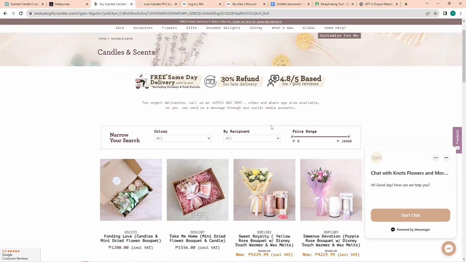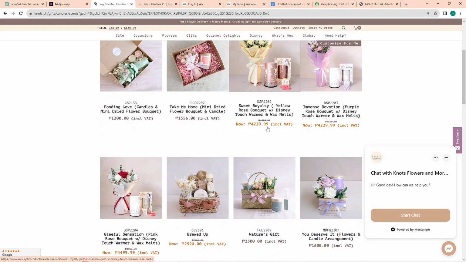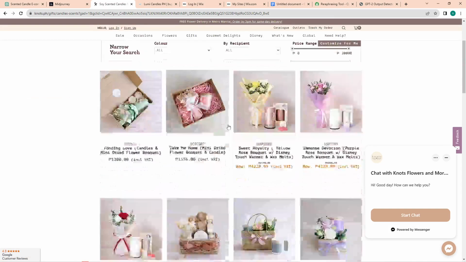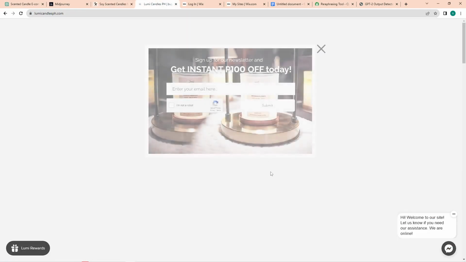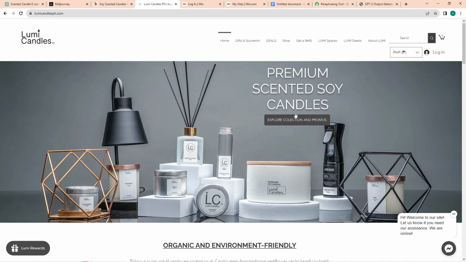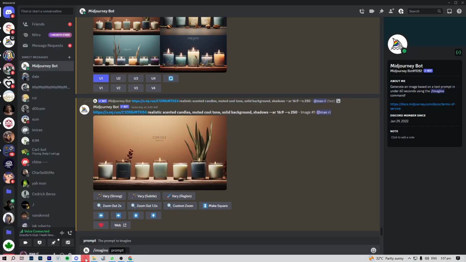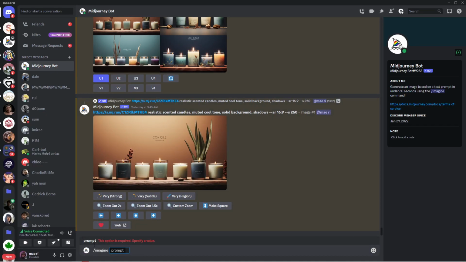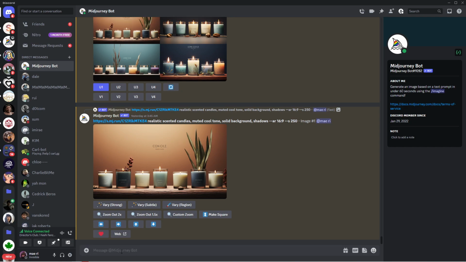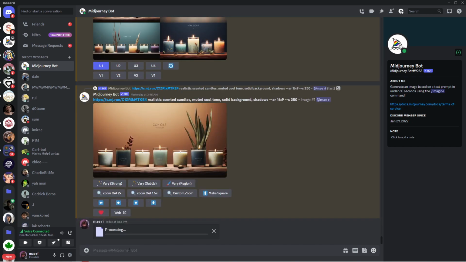So type in scented candles. This one is actually good, but I don't like the font and the color palette. So let's find another one. This one has good palette because of its muted tone. So screenshot this page, paste it on Discord, copy the link, and now we will command Midjourney to generate a